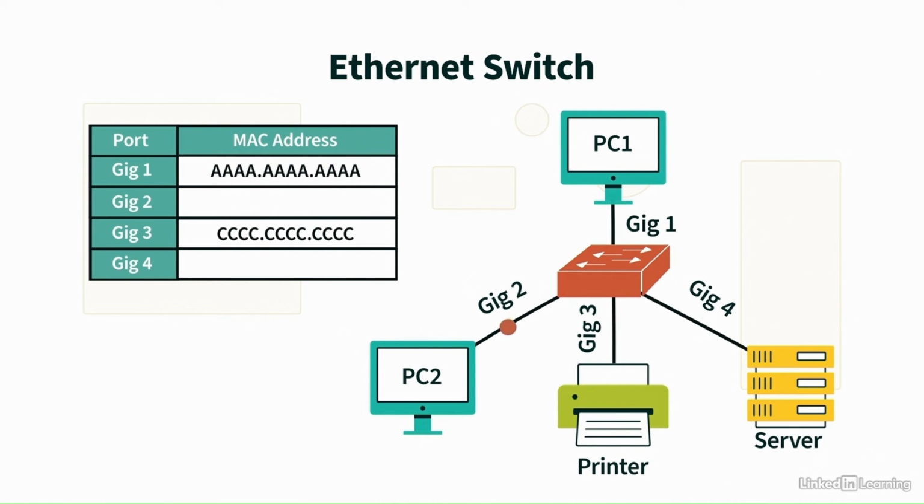As another example, PC2 wants to communicate with the server, and it sends out a frame destined for the all D's MAC address. And just like before, the switch learns that the all B's MAC address lives off of